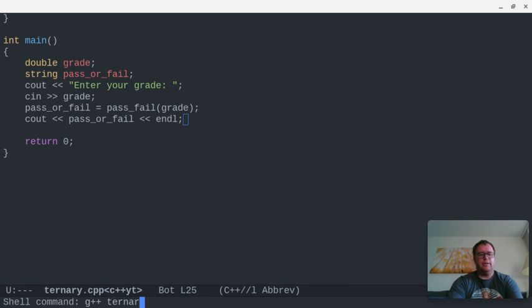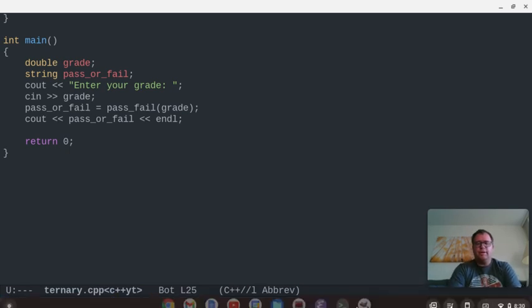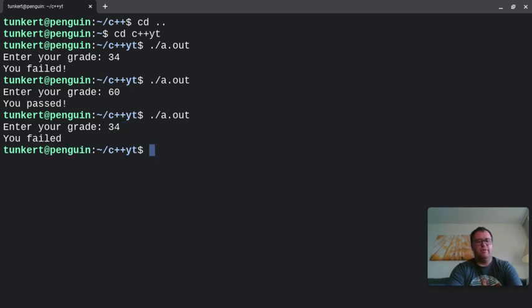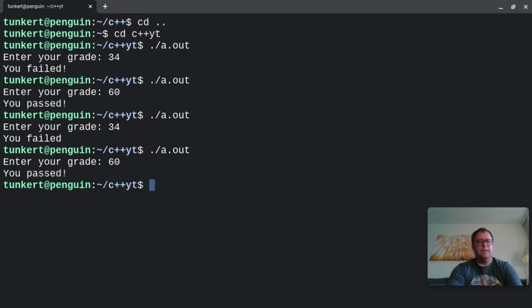Okay, let's save that and compile it. So I called this ternary.cpp. Okay, so now we go up here, we see we run that previous program. So now we've compiled it into this new one. So we enter our grade. Let's do 34. You failed. Enter your grade. Let's do 60. You passed. Okay. So that's a different way of writing an if-else statement in C++,